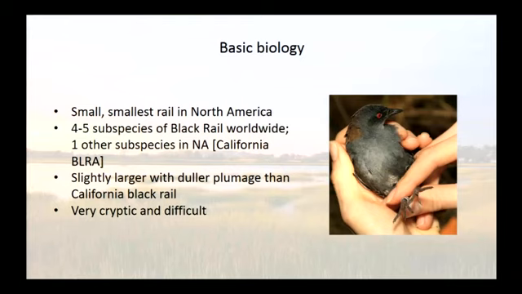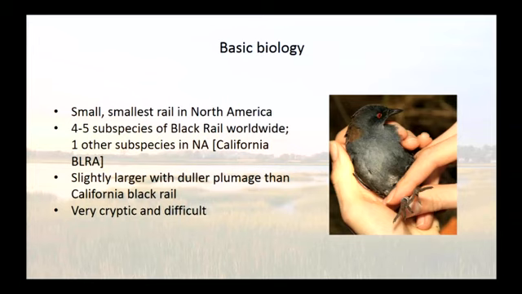So a little bit of background: the eastern black rail is a small bird. It's the smallest rail in North America. Just for size reference, this is presumably a normal human hand holding one of these birds. So you can see that it's a pretty small bird, maybe sparrow size, which is not usual for rails. We think of clapper rails or big birds that you shoot for meat, but these guys are really small. There are up to 4 or 5 subspecies of black rails worldwide, but we have 2 subspecies in North America, the eastern black rail and the California black rail.